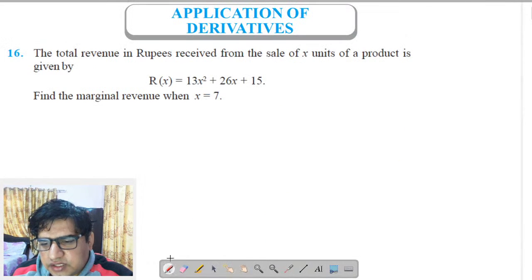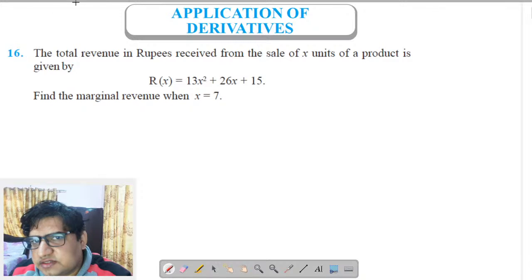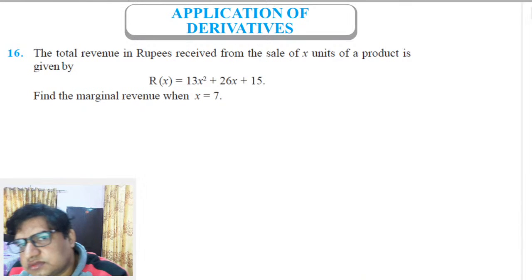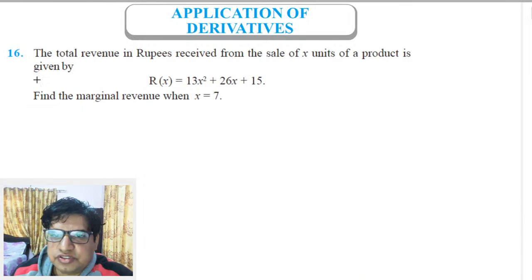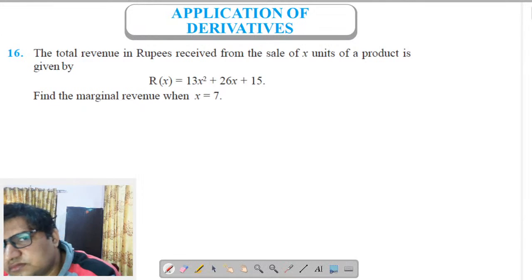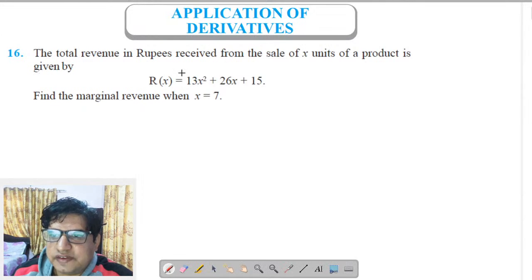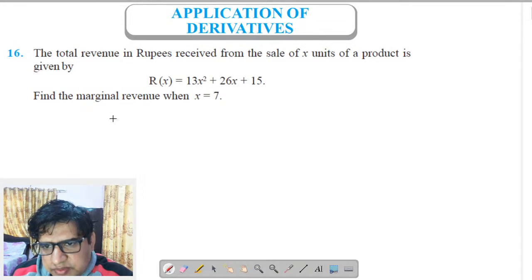एंड हियर इन दिस क्वेश्चन व्हाट वी हैव इज total revenue. Total revenue in rupees received from the sale of X unit of product is this. Find the marginal value. So as we find the marginal cost, similarly we will find the marginal value. We will simply find dr by dx at x is equal to 7. ठीक है. So this is quite similar to the last question. ठीक है. So इसमें marginal revenue